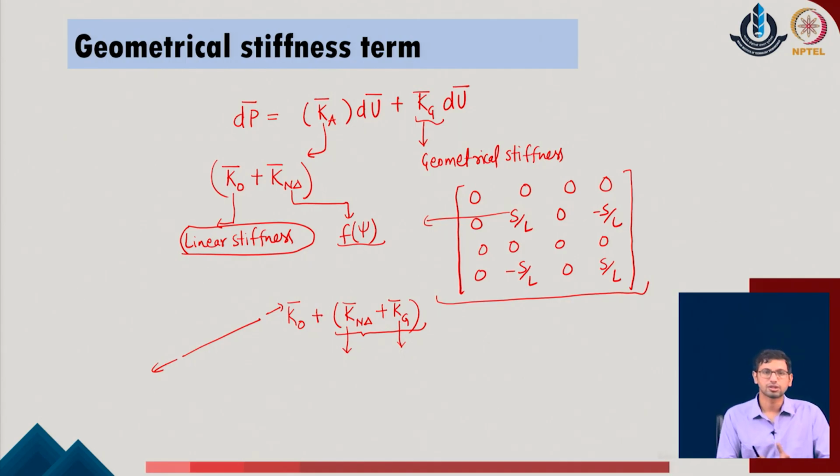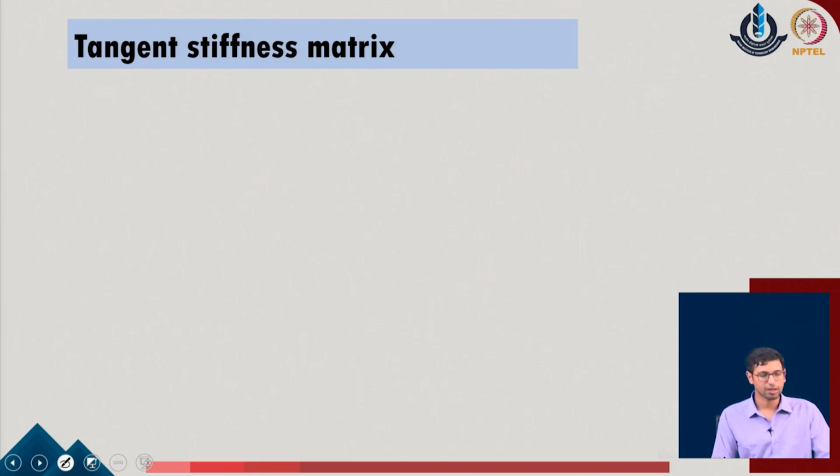And here we also bring the second idea that if the force is tensile, maybe the stiffness of the system could be enhanced. At the same time, if the force is compressive, the stiffness of the system could be decreased, and in this manner the behavior of the geometrical stiffness could work both ways. It could either modify the stiffness in a positive manner, or decrease the stiffness in a negative manner for the given system. So, with this idea we understand now that the overall matrix which we define for the system is called the tangent matrix.